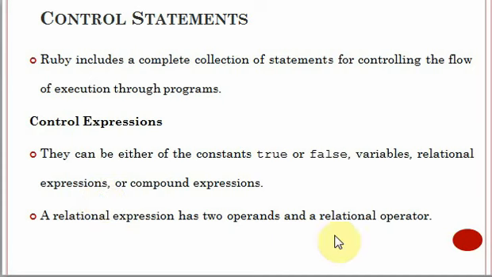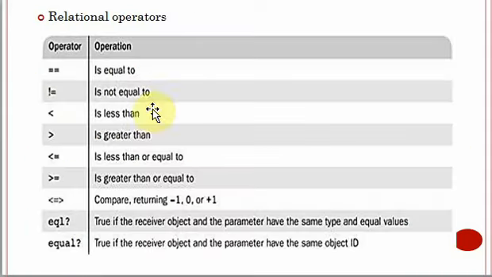two operands. So the different relational operators that we have in Ruby are greater than, less than or equal to, and so on. We have already seen the usage of these in the previous videos. Then for checking whether the two operands are equal, you can use the equality operator. So these are the different relational operators available in Ruby. The thing you have to remember is that relational operators are used to compare two operands.